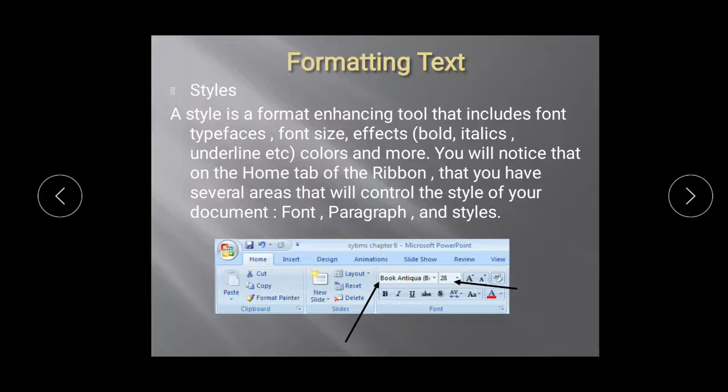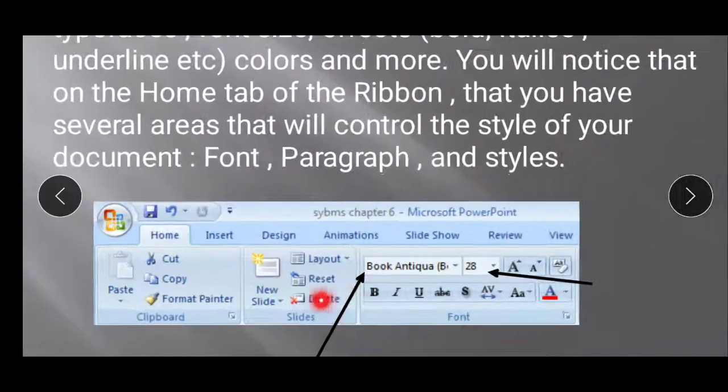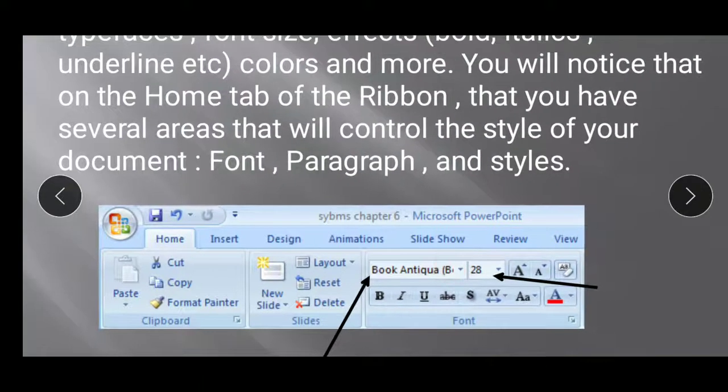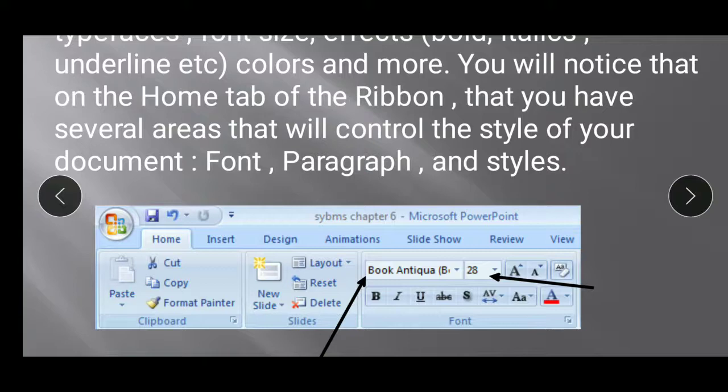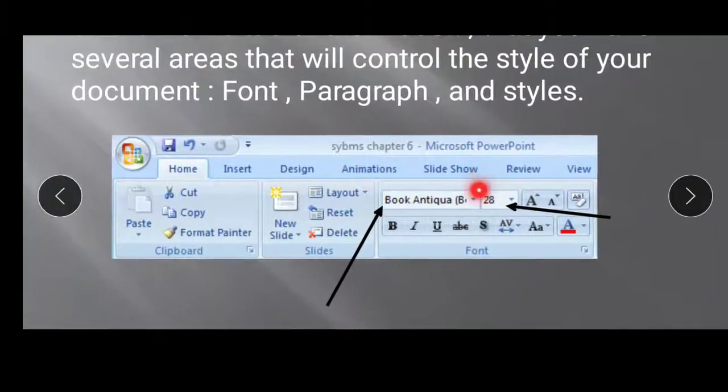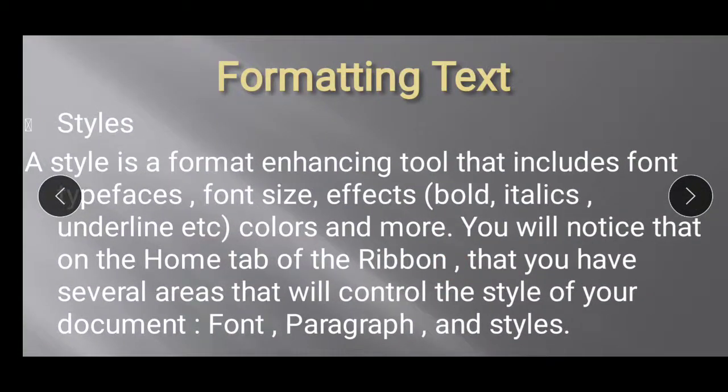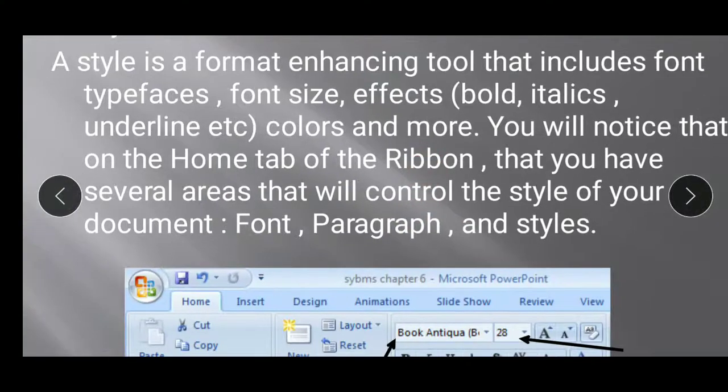Next is formatting text. So how can you format the text? Can you all see this? That is, in the home tab I have a group called font. So when I click on this font, the font dialog box opens, that is this button, this one. If I do not wish that, I will just select the text and give them a different font formatting. I will specify the size, that is called font formatting. So font formatting can be done for a word, whole paragraph or the whole document.